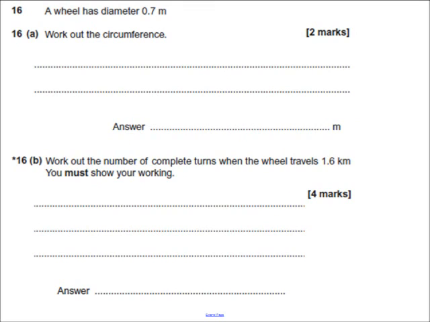Question 16 is a wheel has a diameter of 0.7 meters. Question 16a is asking work out the circumference. So you're not going to be told this in the exam. The circumference of a circle is pi times the diameter, pi d. So always use 3.14 for the value of pi, and your diameter is 0.7 of a meter. So the circumference of our wheel is 0.7 times 3.14, which gives us